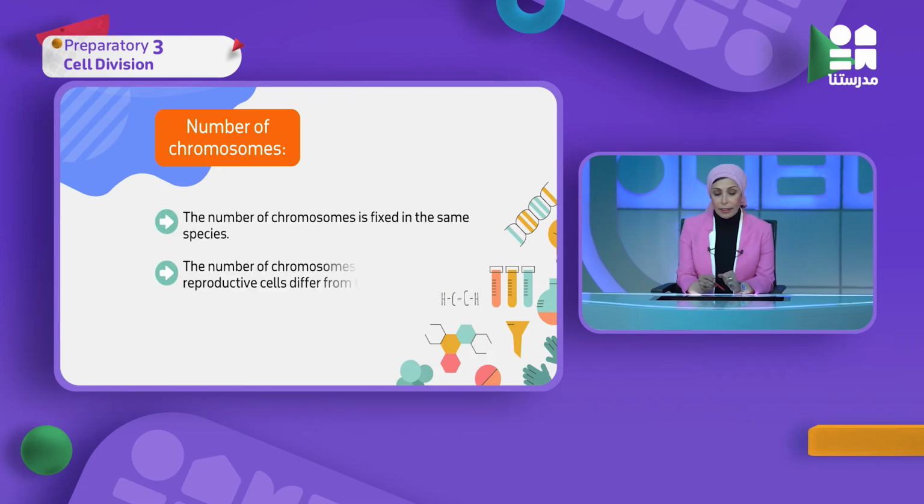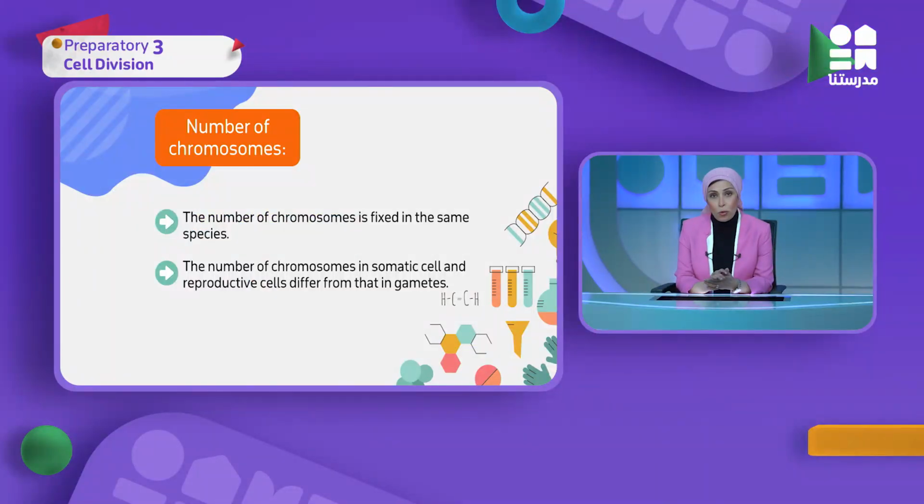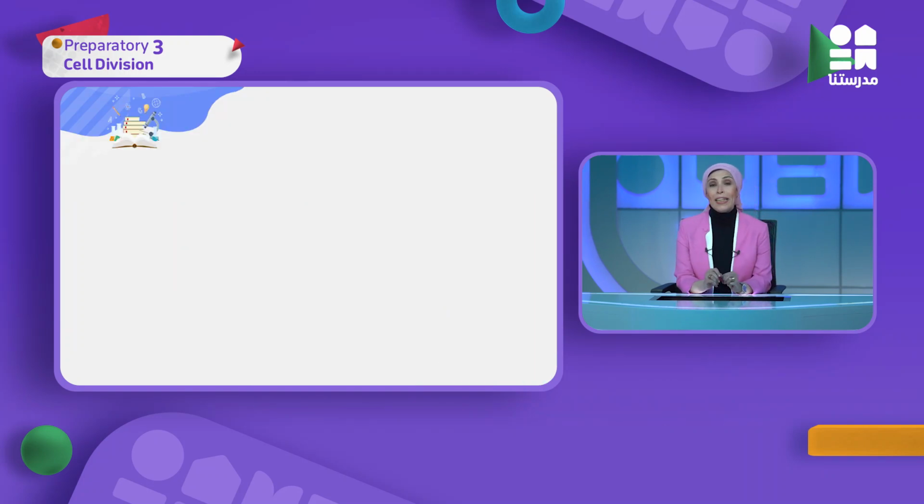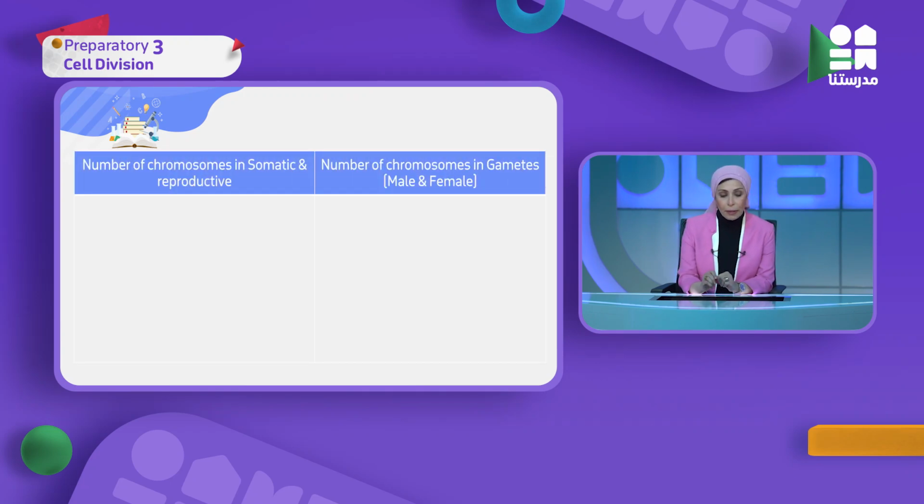طيب the number of chromosomes are fixed in the same species. يعني كل الhuman being either male or female or children or whatever old كلهم عندهم 46 chromosomes. طيب are there in the same somatic عندها نفس النمبر as the reproductive؟ Yes, somatic cells has the same number of chromosomes of the reproductive cells. طب مين اللي بيدفر؟ only the gametes. تمام؟ طيب here